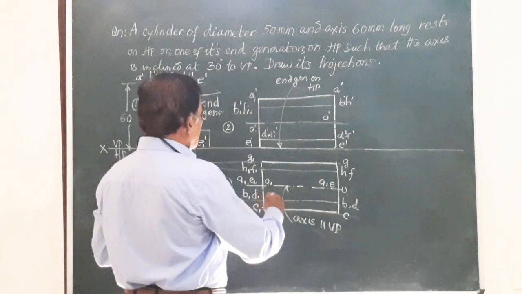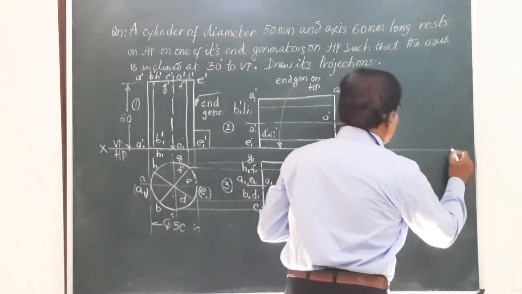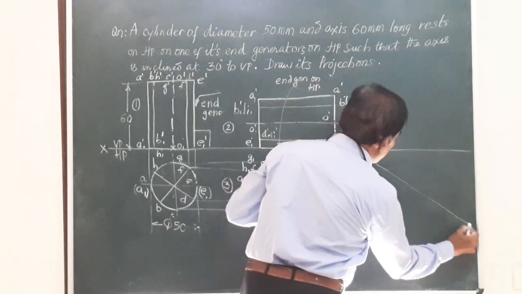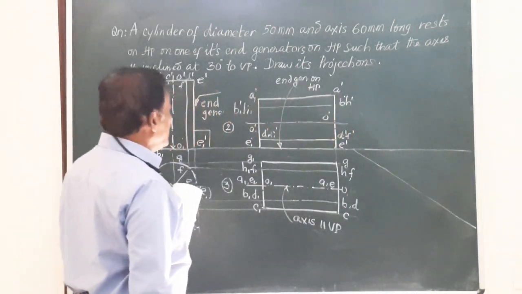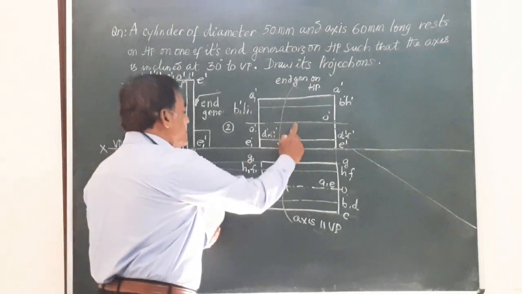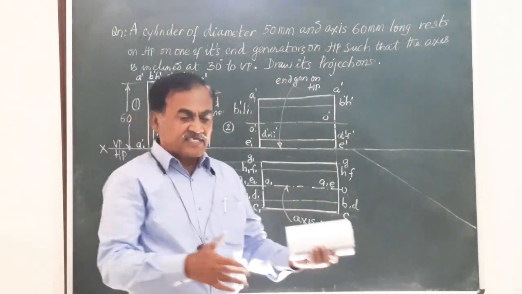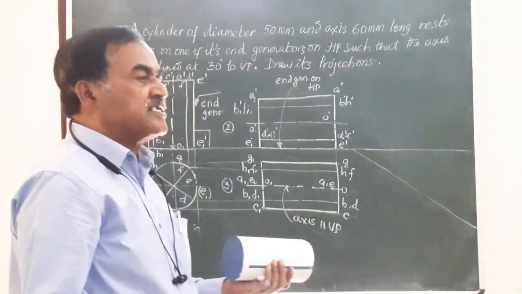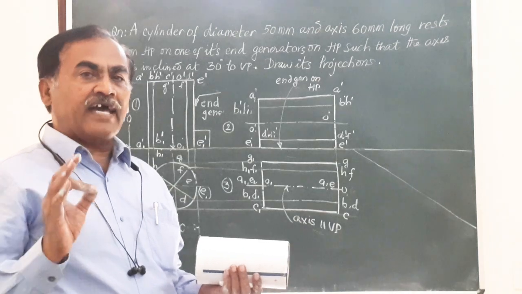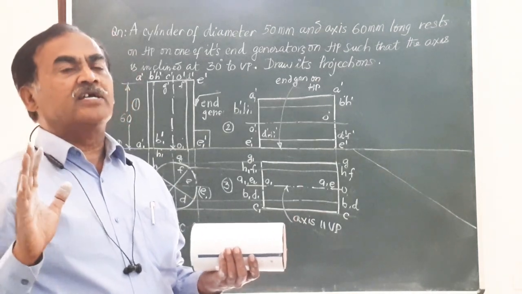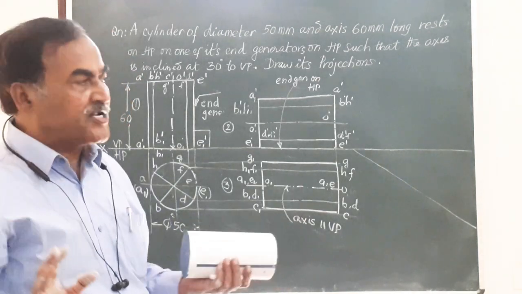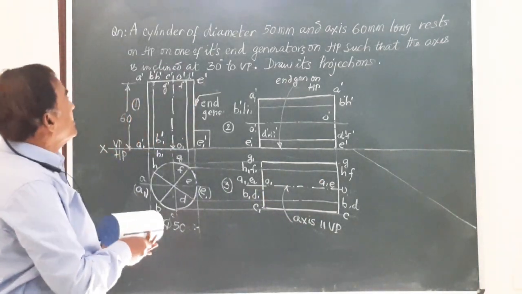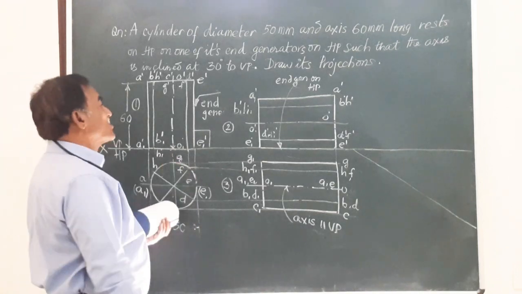Hence, when you are drawing the figure, the last position, when the axis is inclined at an angle of 30 degrees to VP, suppose it is the figure I am drawing, 30 degrees to VP, since there is no change in the length of the axis, whether they say the axis inclined to VP, or the top view of the axis inclined to VP, or the axis appears to be inclined to VP, it is one and the same, and we are not going to take any locus of the end. Now, in the problem he says the axis at 30 degrees to VP.